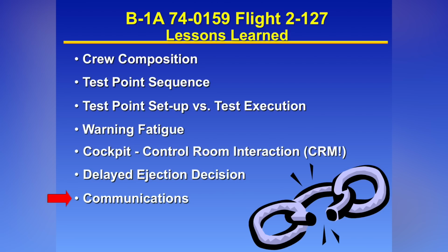And that trend is going to continue because we do more and more instrumenting now. And that just makes it more and more important that we communicate. So what the engineers see, they have to share with other engineers. What air crews see, they have to share with other crews. And passing that little tidbit of information on can make all the difference in the world. So we learned some lessons, we passed them on, and believe it or not, even after all this, the airplane